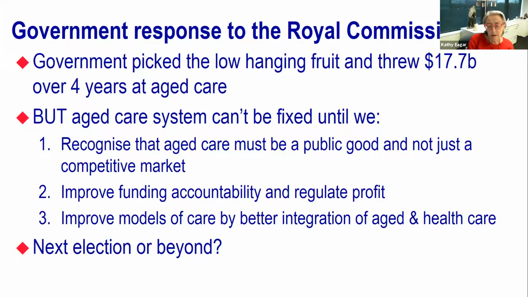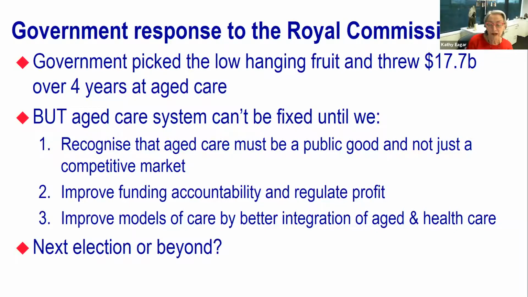So I guess my way I would sum up the Royal Commission is to say that I think the government picked the lower hanging fruit and they threw a lot of money at it, 4 billion a year. But I think there were 3 fundamental areas where they failed. One is I don't think the Royal Commission recognised adequately, and the government certainly hasn't,